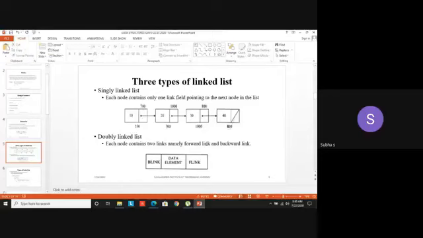What is the advantage in a doubly linked list? By looking at this diagram itself, we can see. We can easily search the previous node and the next node of any particular element. Yes, we can get the predecessor, which means the previous element, or the successor easily. So insertion and deletion will be easier when compared to a singly linked list. So that is called the doubly linked list.